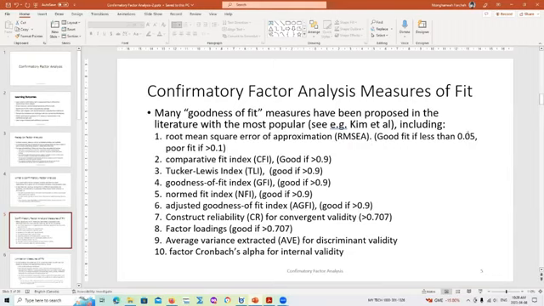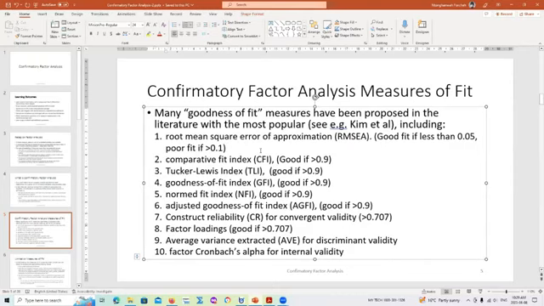And this looks very much like our p-value. A p-value of less than 0.05 means that we reject H naught. Whatever our null hypothesis is, we reject it. A p-value between 0.05 and 0.1, whatever our null hypothesis, we say that, okay, there's some moderate evidence against it. And when the p-value is greater than 0.1, we say there's no evidence against the null hypothesis. So if you look at the root mean square error of approximation, the interpretation is very similar to what we do with our p-value in hypothesis testing. Okay.